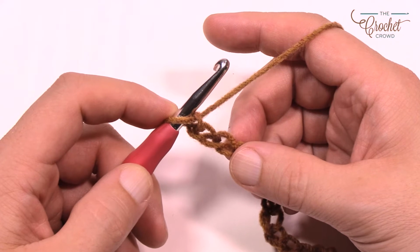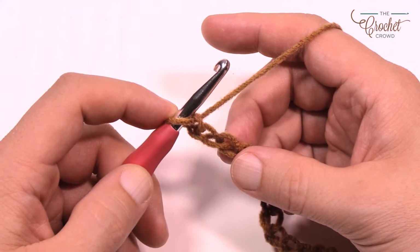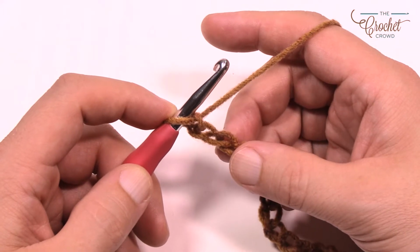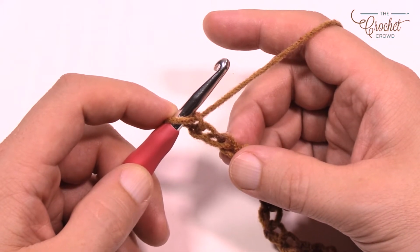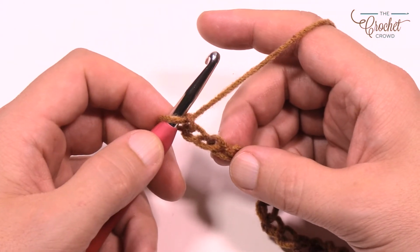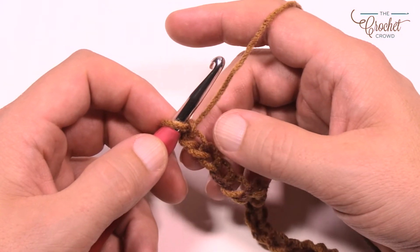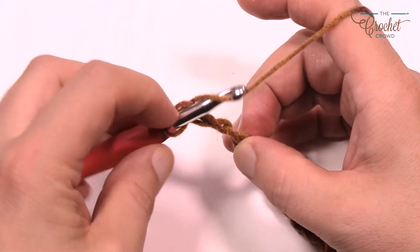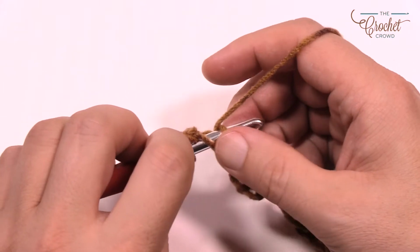So what we're gonna do now is that we are going to do row number 1. It only appears once, and we need to set up our pattern in order to get this whole thing to go, and then it's a matter of repeating rows number 2 and 3 for the remaining of the project. So right where we are now, we're gonna go 4 chain from the hook. So we're just gonna go slowly, take our time. So 1, 2, 3 and 4,